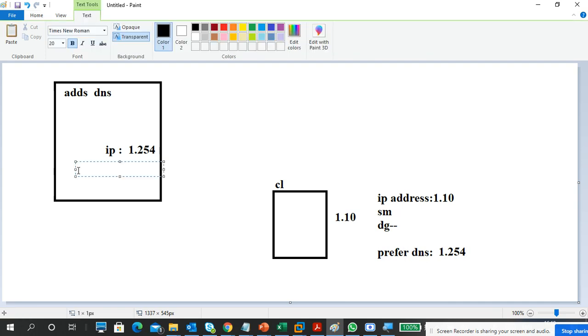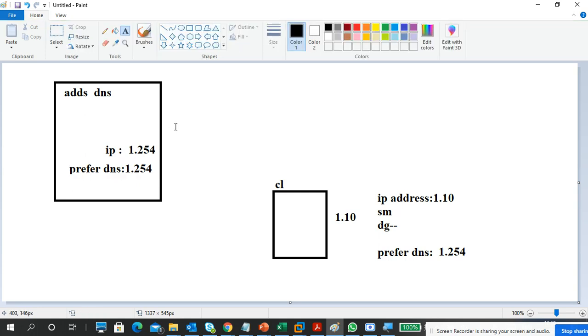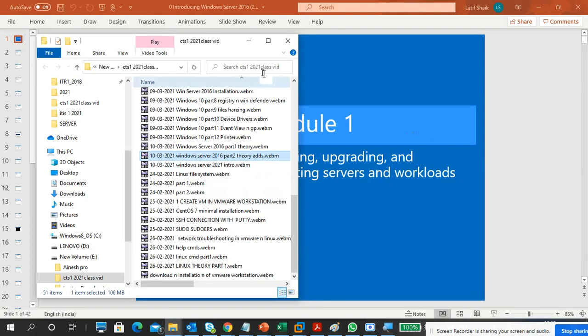Okay, and also for itself, for this server also, the server IP is the DNS server for itself because ADDS also requires DNS, right? So for itself, the preferred DNS is this server IP address only. Just simply think this is the DNS server, and what is the DNS server IP address? Server IP address only. So this is the server IP, and for this one also, this is the server IP. This configuration we have to do.